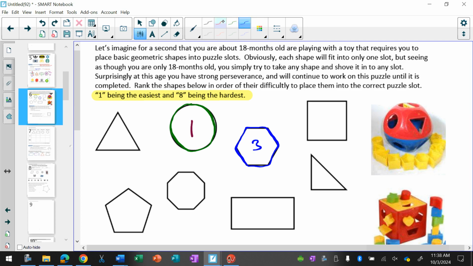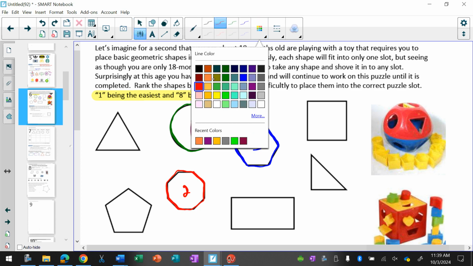Number 2 should be over here. 1, 2, 3, 4, 5, 6, 7, 8. Our octagon should be number 2. Following our logical thinking, that the more ways the shape can fit into the hole, the more success the little child will have. This octagon can map back onto itself 8 different ways until I get back to how I started. So that should be number 2, hexagon number 3, and then following in the same logic around the rest of our shapes,